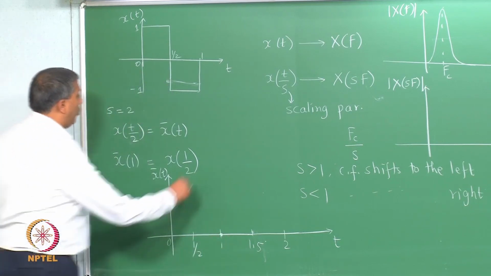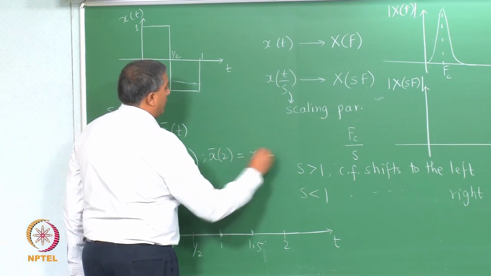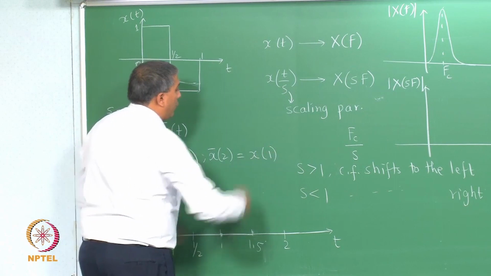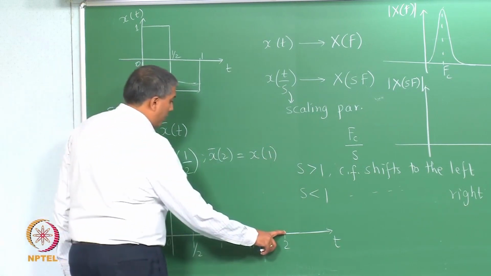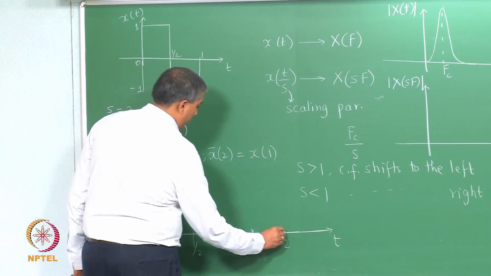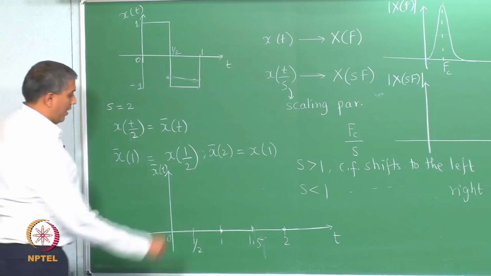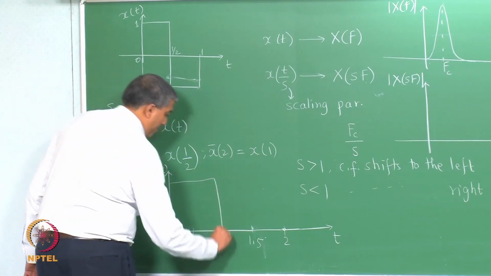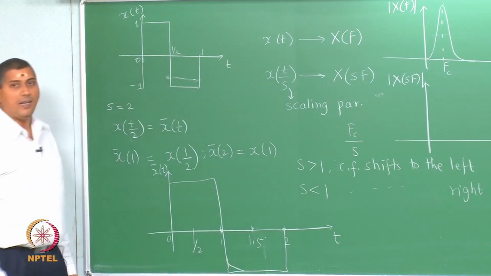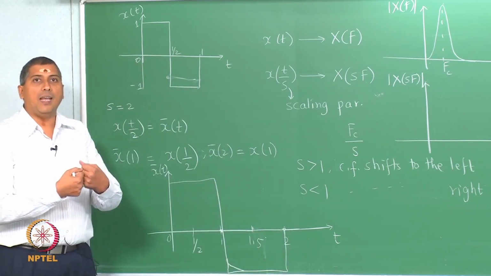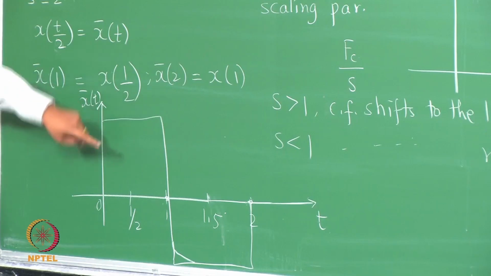and the value at 2 likewise, x bar at 2, is going to be the value of x at time 1. So, which means at this point I am going to have this here. I am just showing you the crossover points here, and symbolically it will look like this. So, you can see clearly that I have an elongated or a dilated signal,